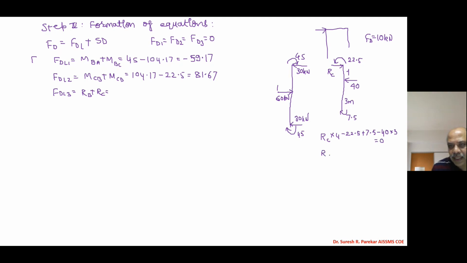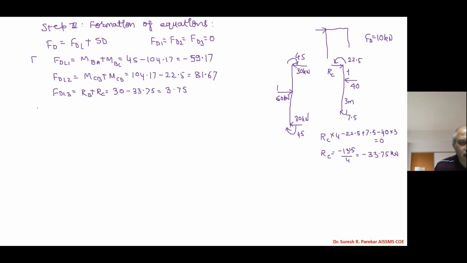And from this we will get RC, that is equal to minus 22.5 plus 7.5. So this is minus 15 minus 120. So minus 135 upon 4, which will be, 4 threes are 12, then 7, 5. And then if we put one, we have towards plus, another we have towards minus. So we have this as 30 minus 33.75 equal to